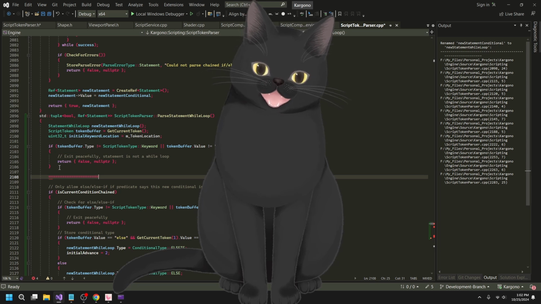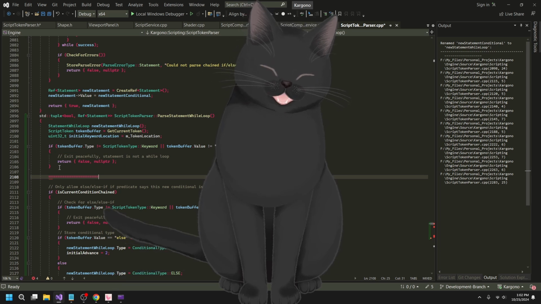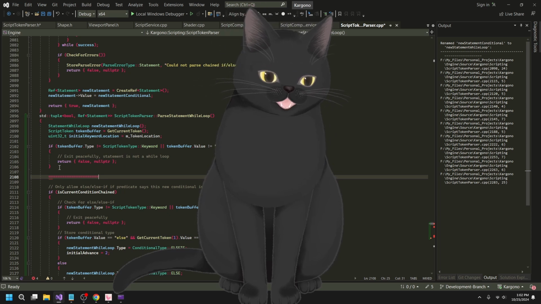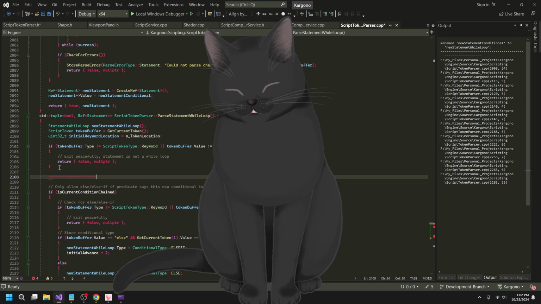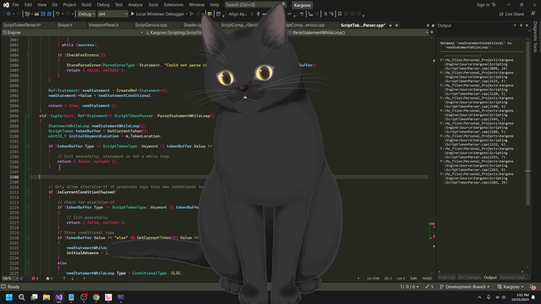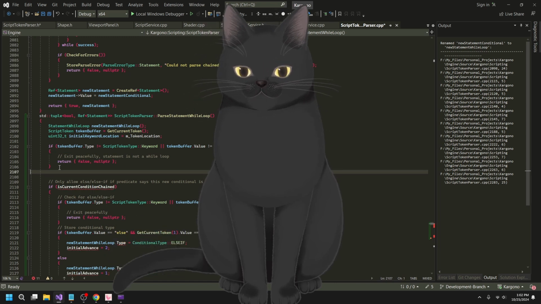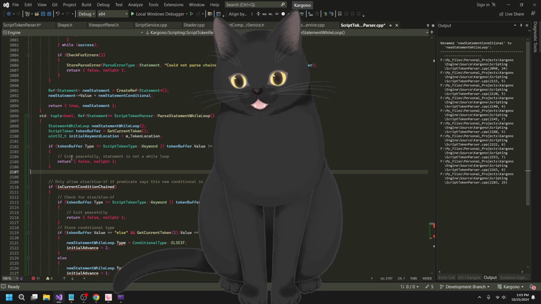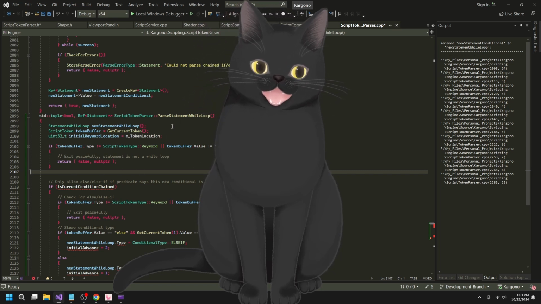If you put a while keyword and then just decided to do something else, then that's on you. I'm gonna throw some errors, right? But if I don't see a while, then I'm just gonna early out and say, okay, this statement obviously is not a while loop.